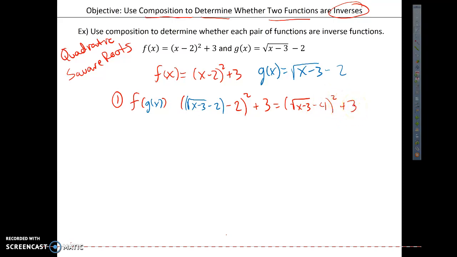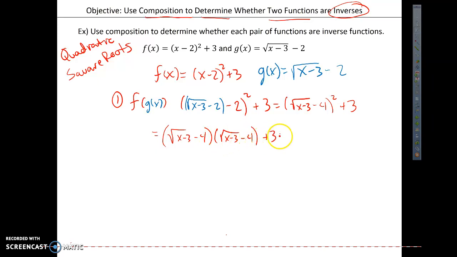And you should be looking at this and saying, hey, that's kind of nasty. It's not looking pretty. So already it's not looking good off the bat. If we simplify this, I'll write it out like this for you: square root of x minus 3 minus 4, times the square root of x minus 3